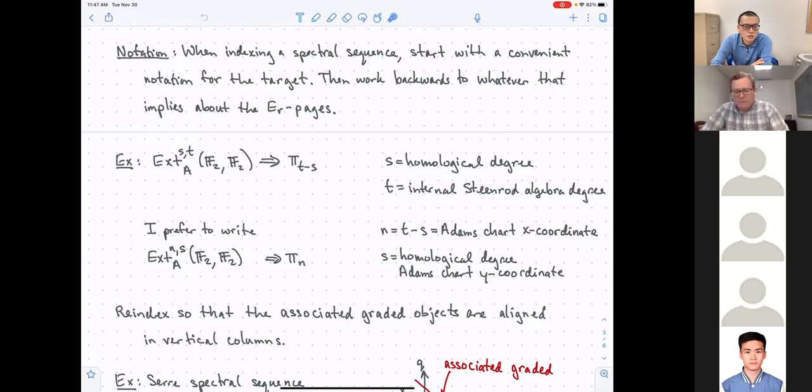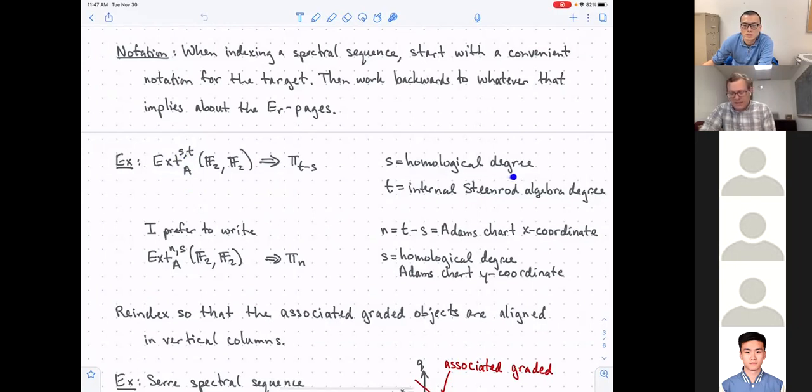Okay, and then I work backwards to whatever notation that implies about the previous pages of the spectral sequence. Okay, so let me give you an example here. Here is a way that the Adams spectral sequence is often indicated. You have Ext over the Steenrod algebra, S comma T, these things bigraded, there are 2 degrees,